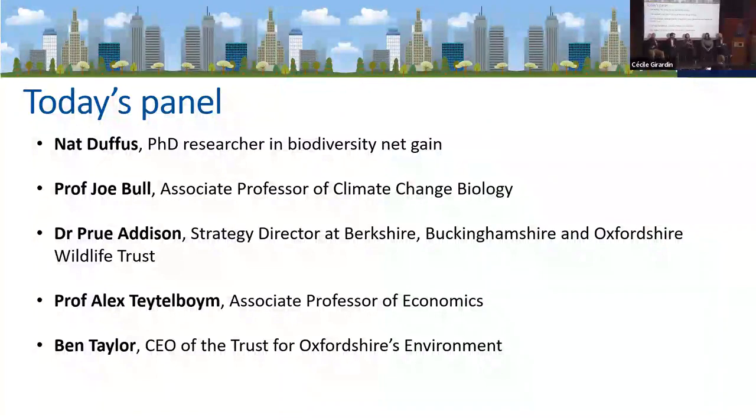To begin with, we've sold a batch to Trust for Oxfordshire's Environment, which will keep us going for a couple of years, but really we want to be selling as much as we can initially to start to get the market going and to show them what a really good habitat bank looks like, managed by the Wildlife Trust, going well above and beyond what the biodiversity metric tells us. The other thing that we're doing is measuring with the biodiversity metric, but we'll be doing all sorts of other monitoring of species and the things that are missed by that metric, to make sure that we can tell that story and understand how things get restored through time through a nature-led management approach. So there's a lot of uncertainty. But we think, because we already own the site now through those generous donations